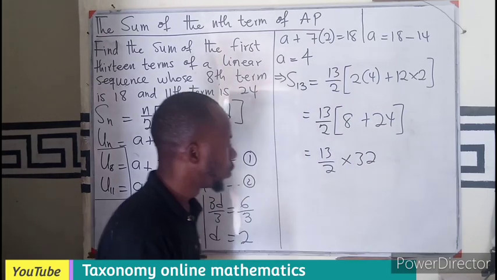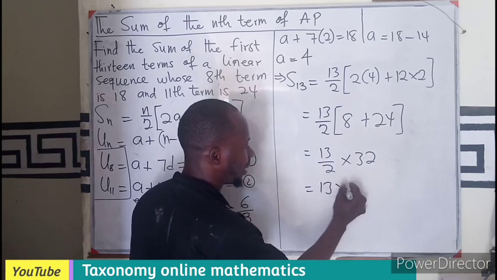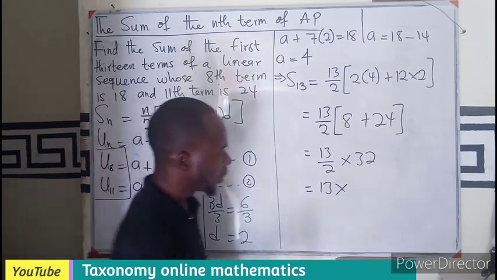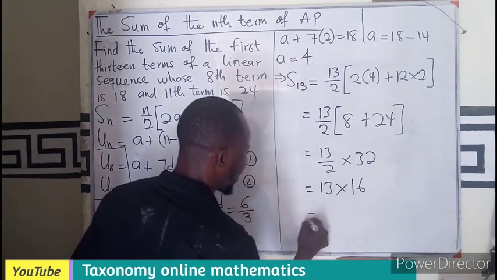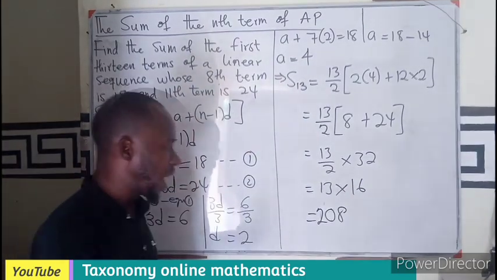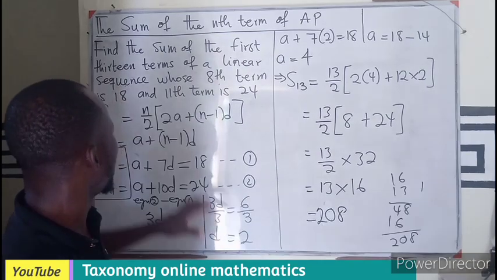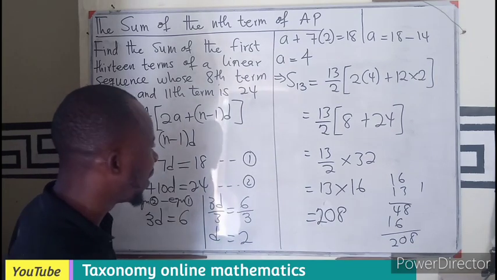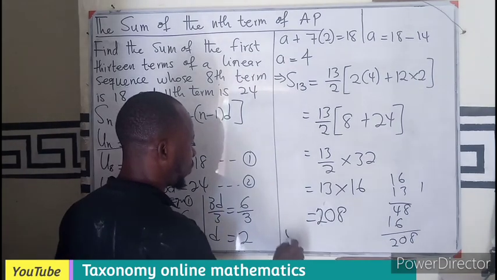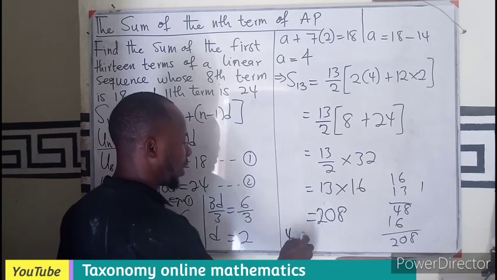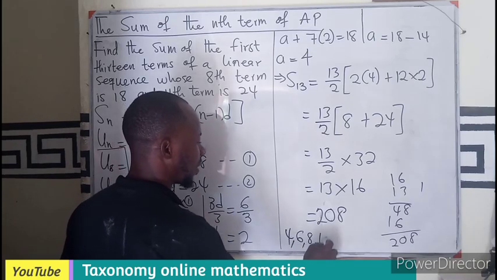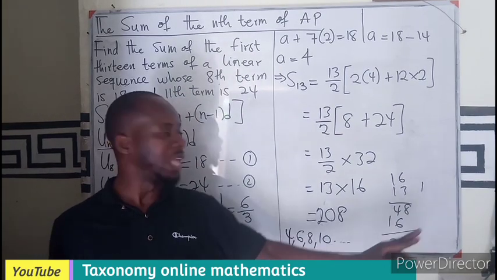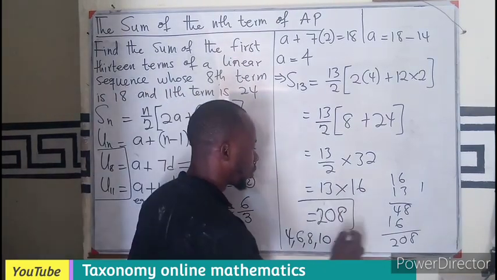So what do we have? 13 times 2 will go into this place, that will be 16, right? So if it is 16, 13 times 16, meaning 208. So it means that the sum of the first 13 terms of any sequence that has the first term to be 4, common difference of 2, meaning 4, 6, 8, 10, if you get to the 13th place and add all those terms, you should be arriving at